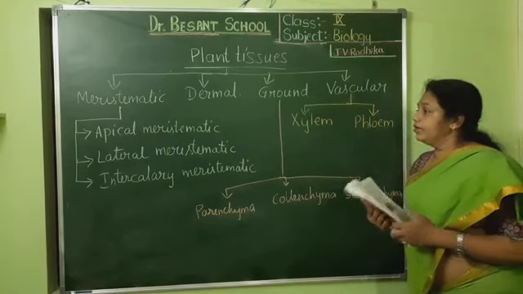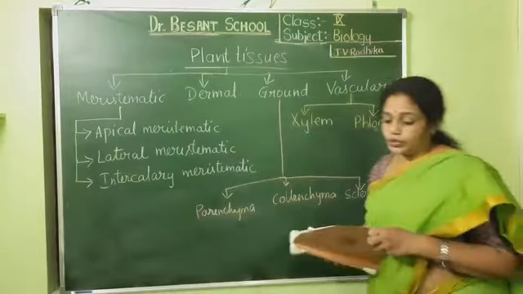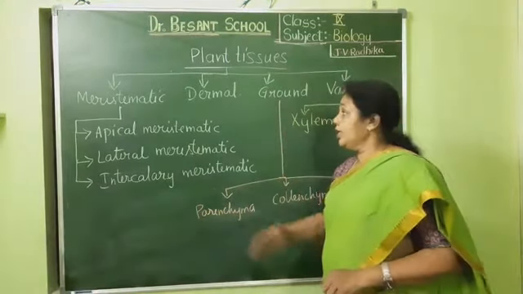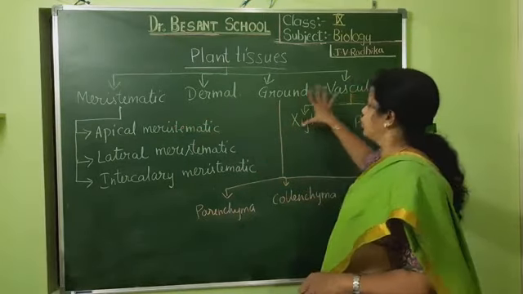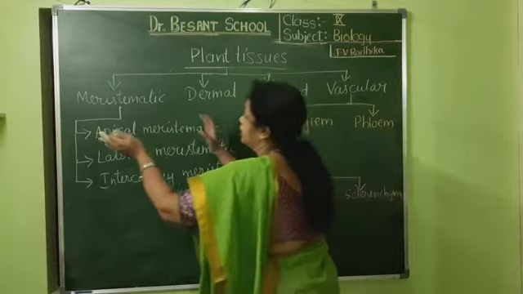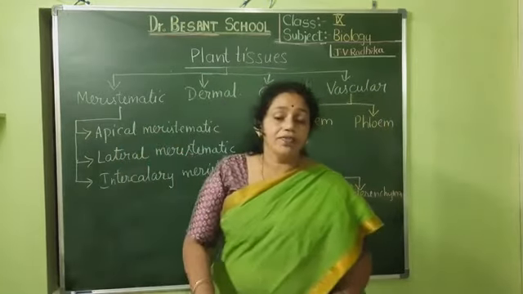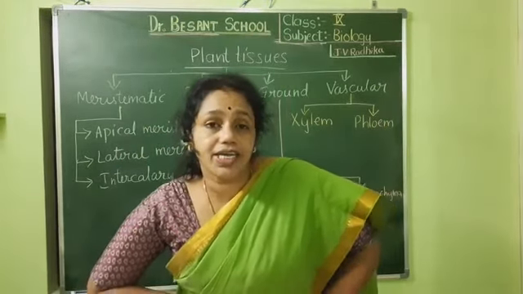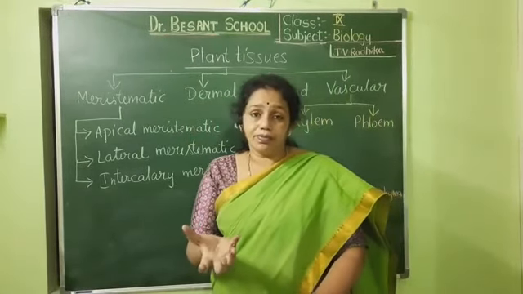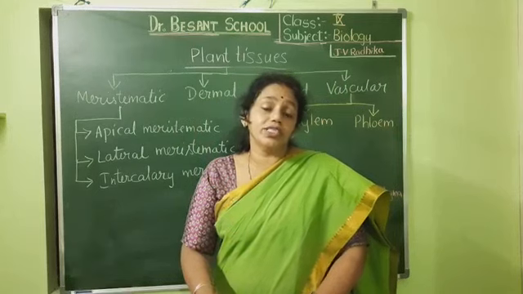Okay, see, one way of classifying the plant tissues is like this. That is meristematic tissue, and the rest of them, all these things, are called permanent tissue, and meristematic tissue is different. Why is the meristematic tissue different like that? Because meristem means it is present in the growing regions.